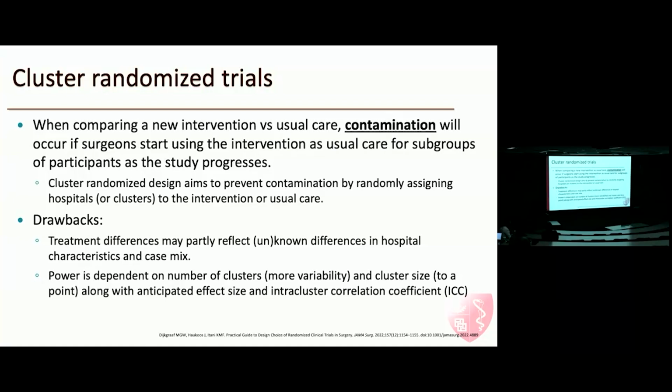And the measure of how homogeneous the sites are is measured using something called the intra-cluster correlation coefficient. And this is something you can get with the help of any senior statistician. ASPIRE actually has consultative resources, and they helped me calculate some of this for my own trial.